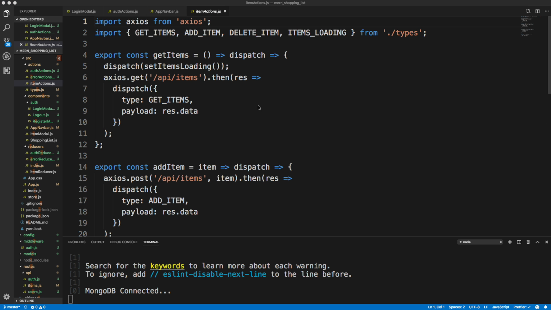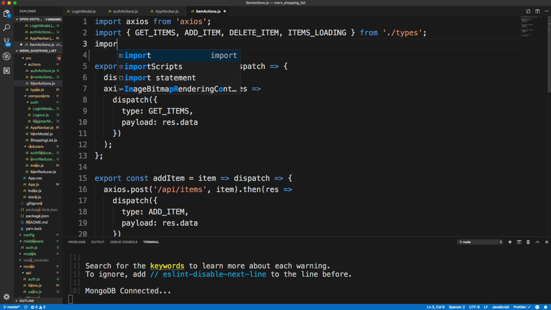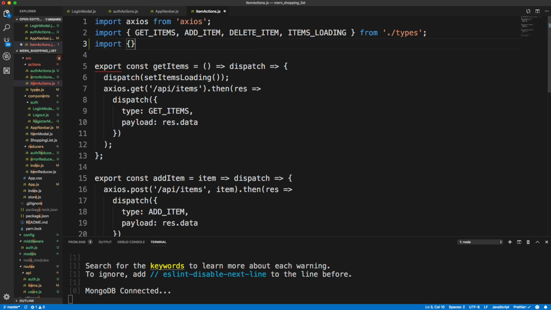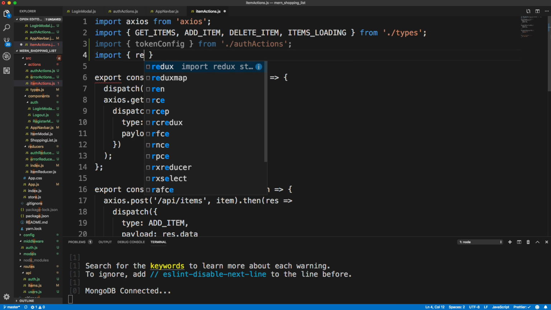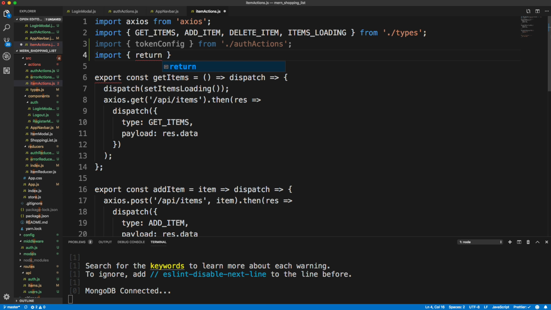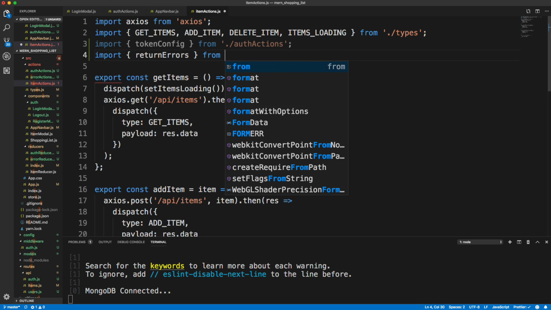And let's bring in our token config. So that's the helper function that we created to basically get the token from local storage and then put it in the headers. So we want to import that from the auth actions. Okay, so I also want to be able to return errors. If something goes wrong, I want to put it in the error state. So let's do return errors from